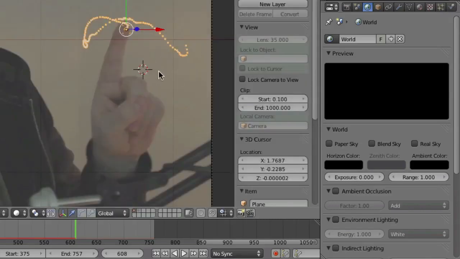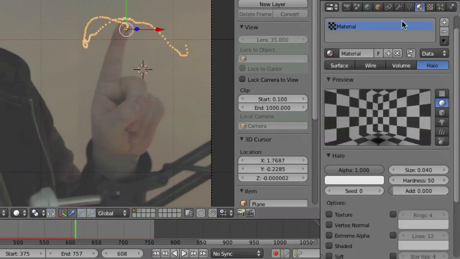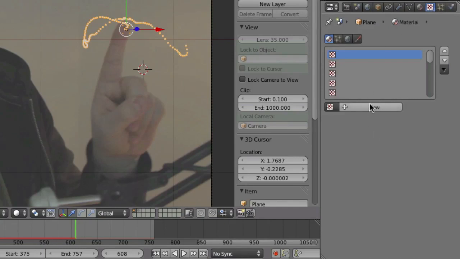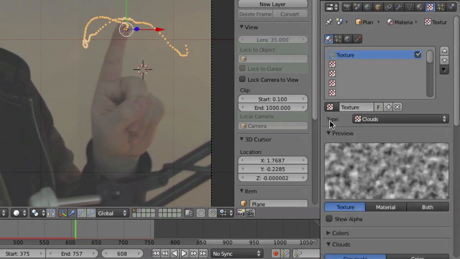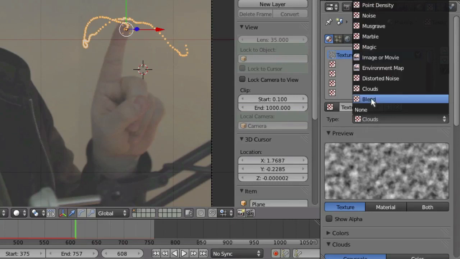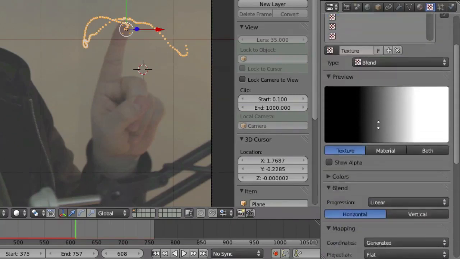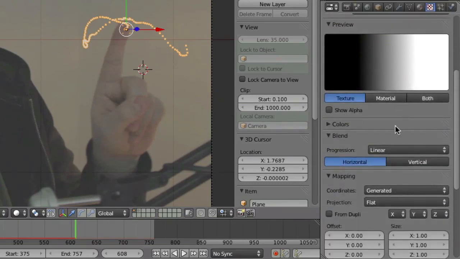So next thing would be to add color to this material. So let's go back to the material buttons again, and then from here I want to assign a texture. So with that material selected, I go to the texture buttons and add a new texture, set the type from cloud to blend, and then here we can also choose a nice color.